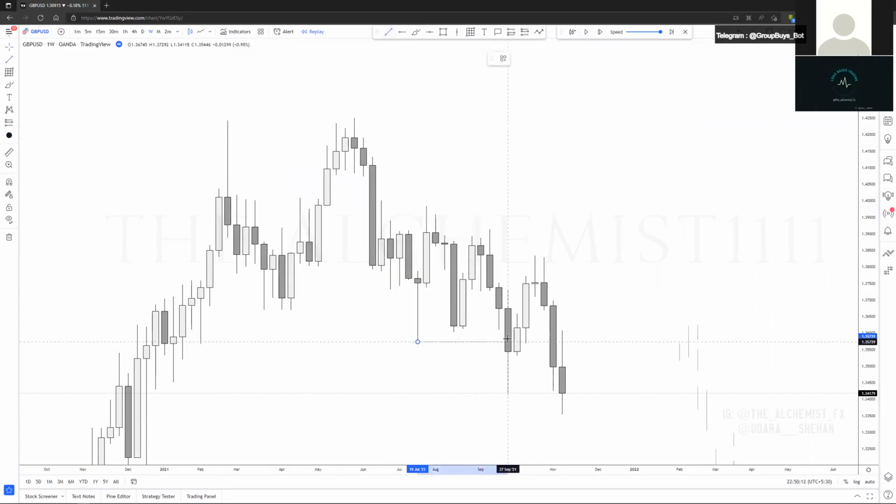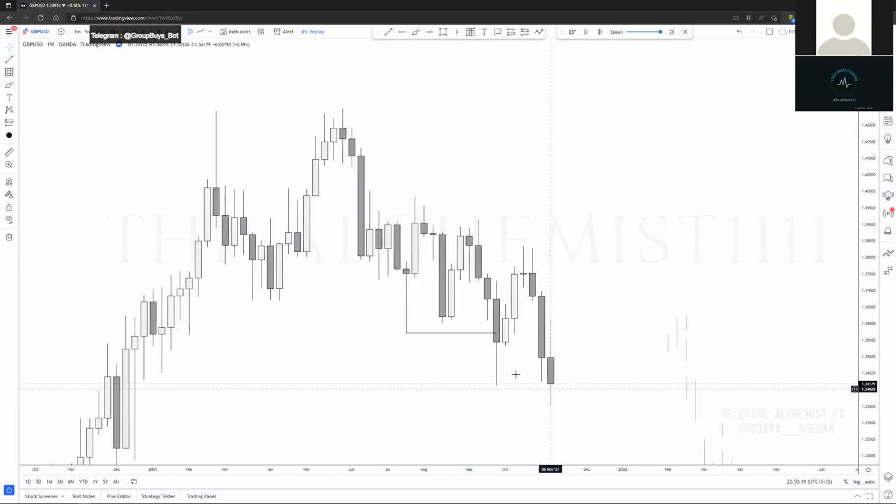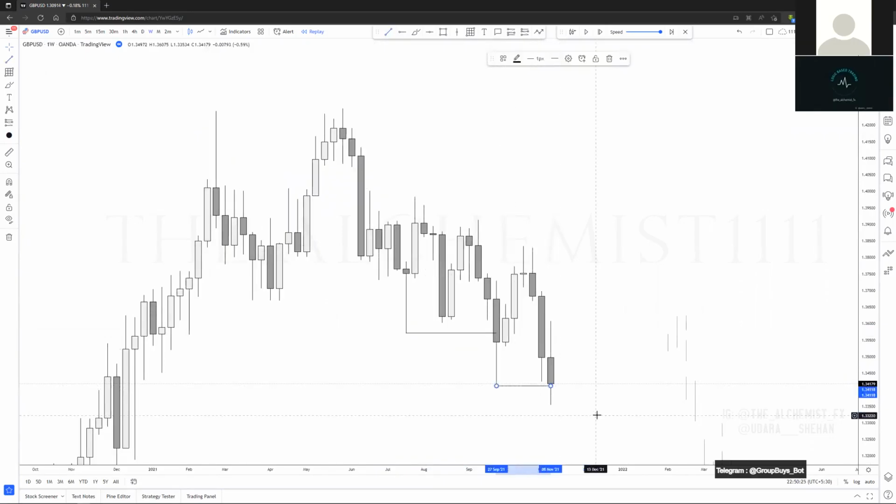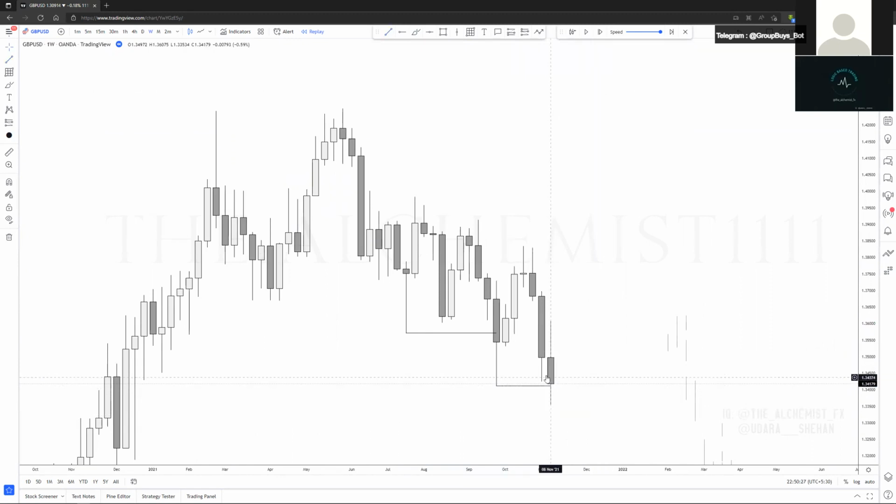We had this, we have this broken. Can you see that? This was broken right here. So still bearish. And then we have another break in here. I wouldn't qualify this as a very high quality break, because you see, only a wick below that. But even if you go to a daily, this is a breakout structure. Okay, but the point that